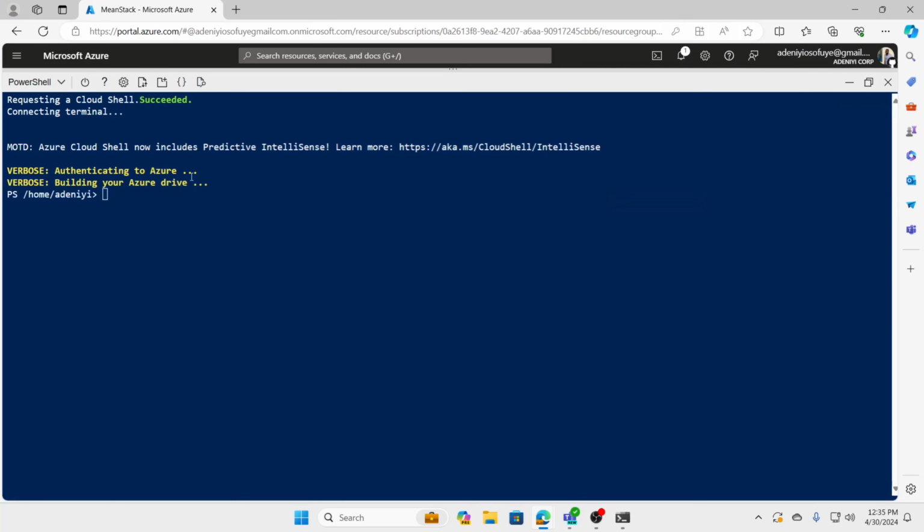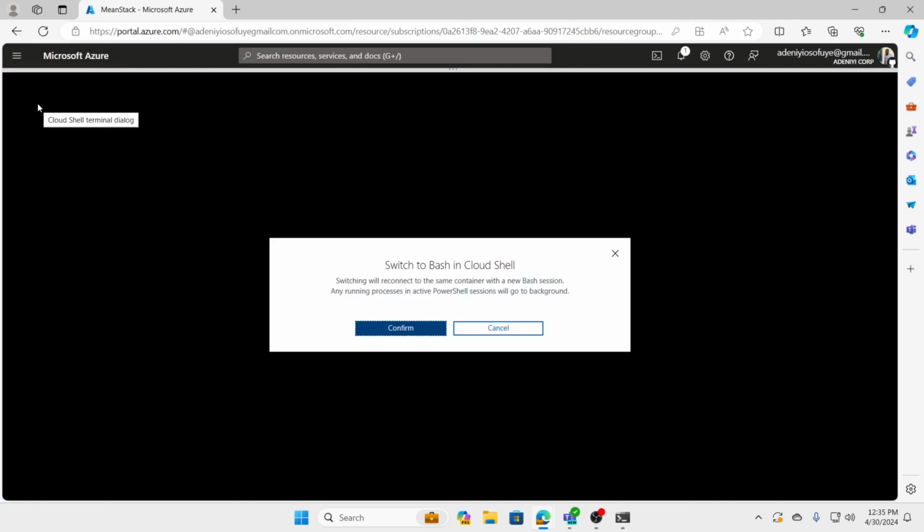There are so many options, so I'm using Azure CLI. Okay, so let me confirm this is root. That's just to confirm it. Then let me make a directory. Let me say books. Then let me say